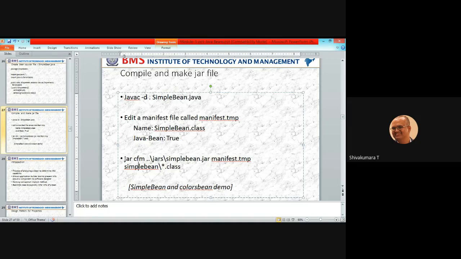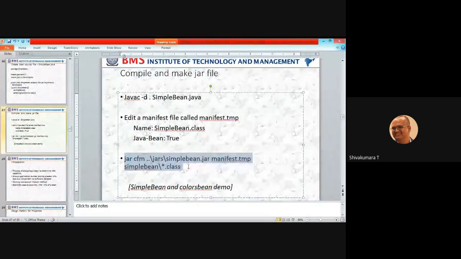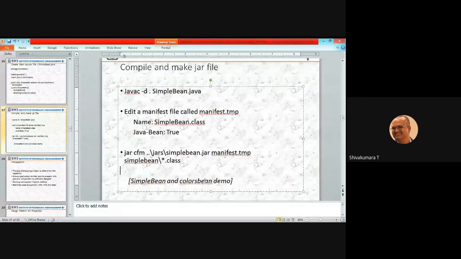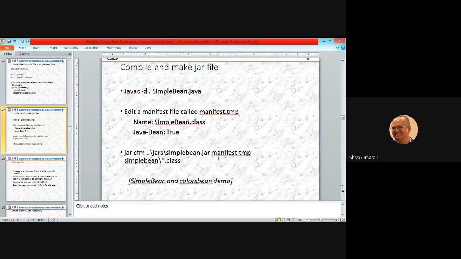You execute this in your command prompt to generate the jar file. Once the jar file is generated, we are going to use the BDK tool to run this code in the BeanBox.